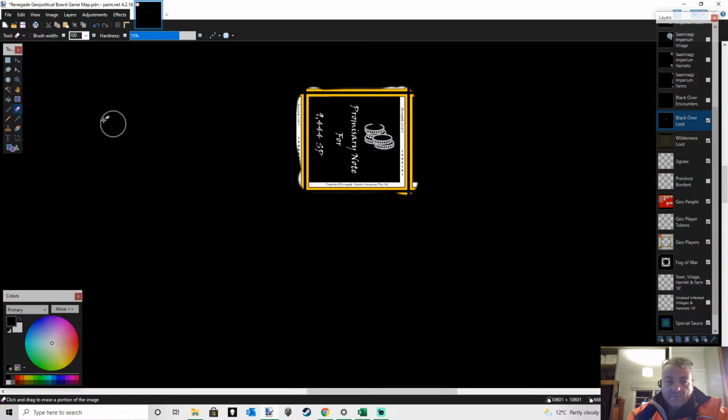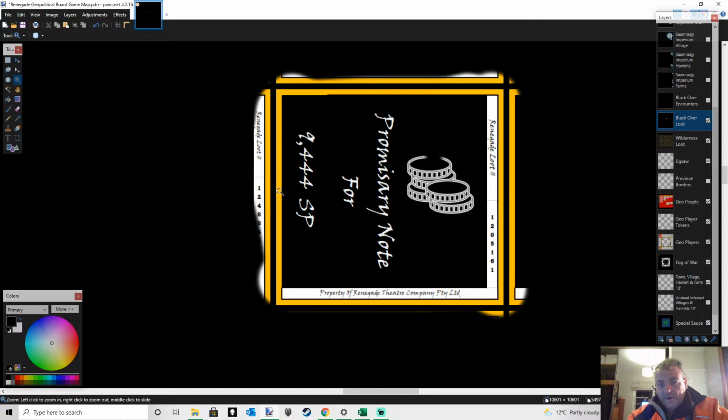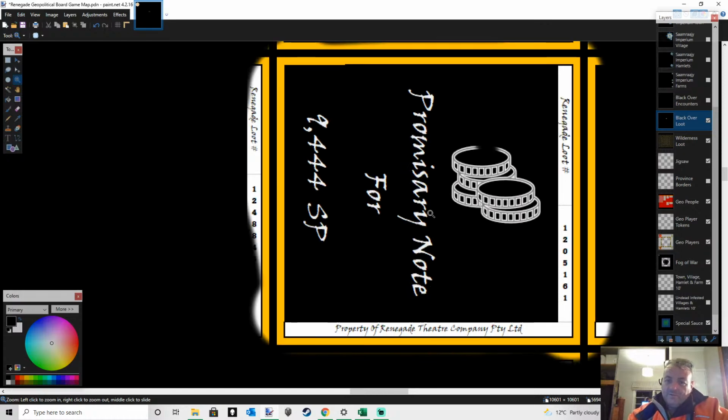In this case, they've basically traded whatever loot is found during the encounter. They've basically taken it and they've provided a promissory note for 9,444 silver pieces for what they've found. So I've just revealed the card just by randomly